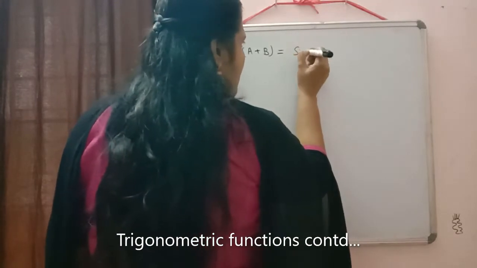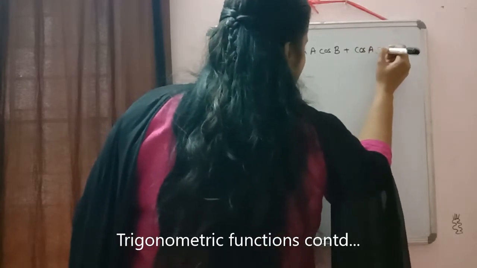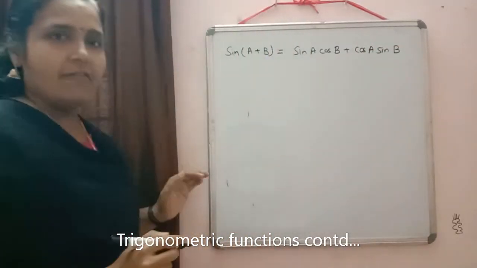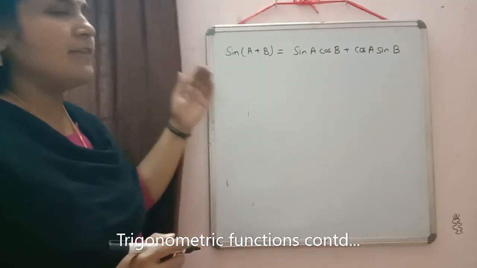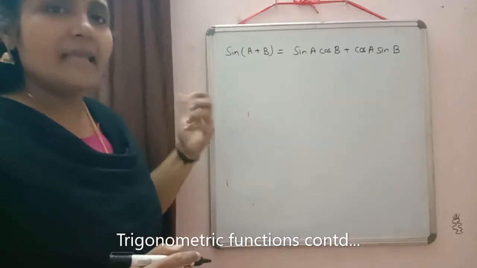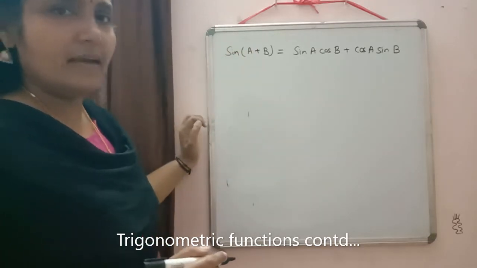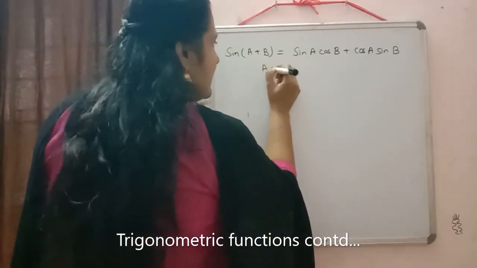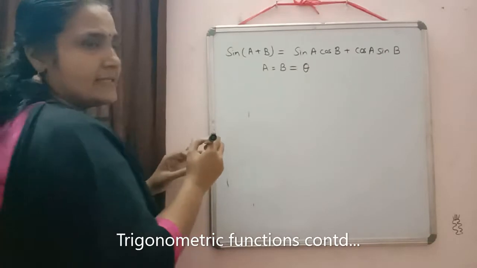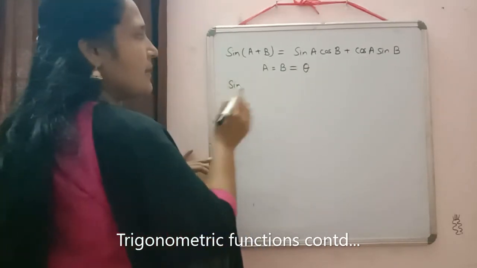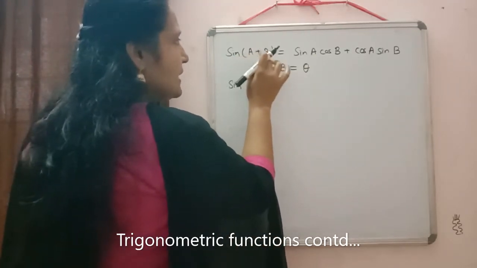Yes, sin A into cos B plus cos A into sin B, that is sin A plus B, where A and B are two different angles. Now suppose the values of A and B are the same, in that case what will happen? Already I have sent you the formulas and I am just showing you how we derive the formula. So if both the angles are equal, suppose A is equal to B and we take both the angles as theta, then what will come in the left hand side? In place of both A and B we will write theta, so it will be theta plus theta.